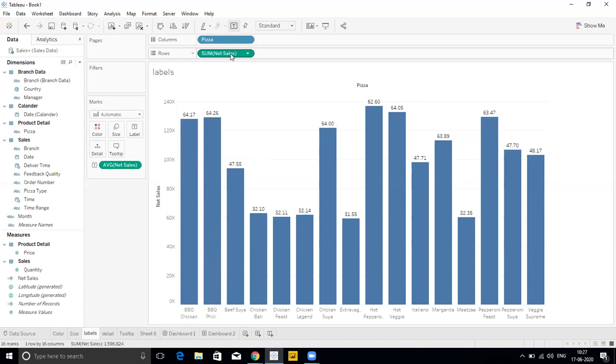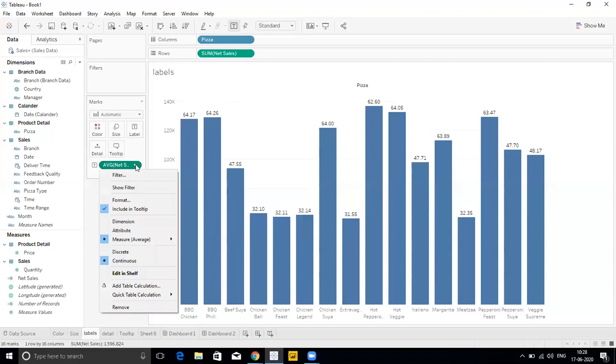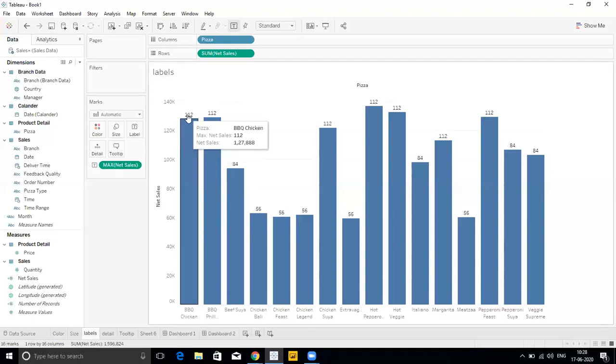Look at that, you are fetching the sum of net sales in the rows, but when I hold my mouse for a while on any column bar, it now shows the net sales as well as the average net sales. It is really cool. Similarly, I can change to median, count, distinct count, maximum, minimum. If I click on maximum, I can come to know the maximum net sales amount for this product. These are really amazing features given by Tableau, like this label.